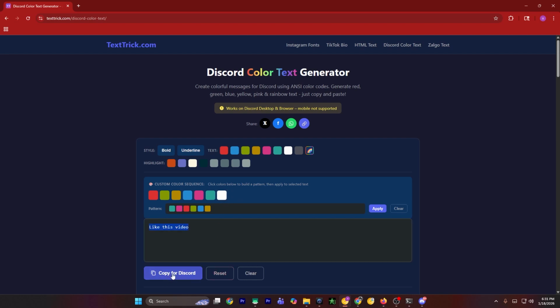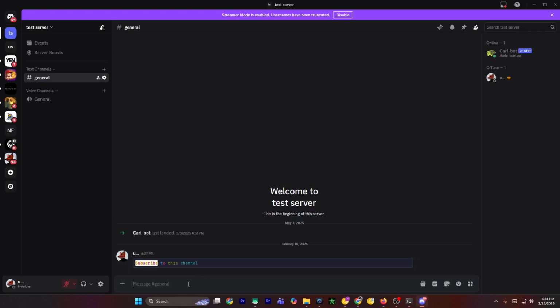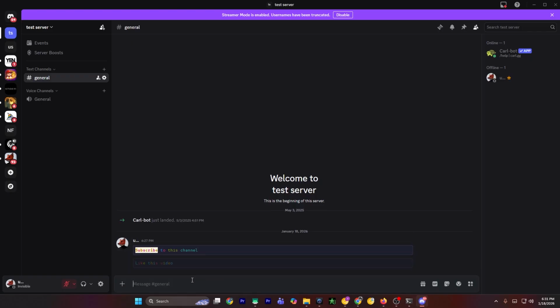And simply click on copy for Discord. Open the Discord app, paste in your text, hit enter. And that's simply how you can make